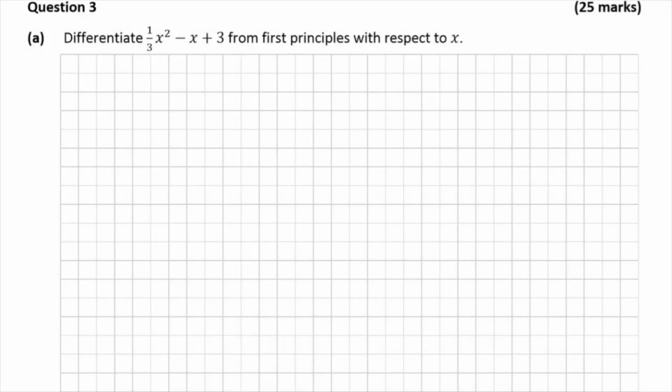Okay, so here's our question. We're asked to differentiate 1/3 x squared minus x plus 3 from first principles with respect to x. So the keyword obviously being first principles. There's a certain way of doing this, and we're always going to be using the same formula, so I'm going